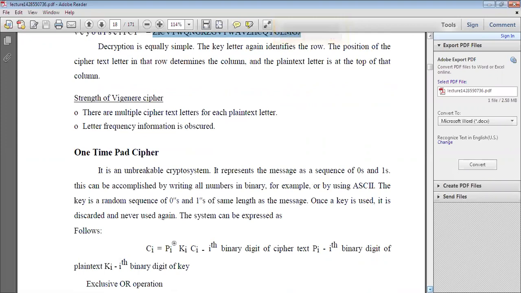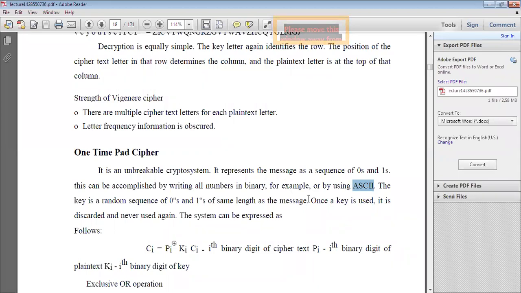For example, whatever numbers or characters you use while sending the plain text, that plain text you have to convert into the binary system using ASCII code. So the letters you send must be converted into binary form.